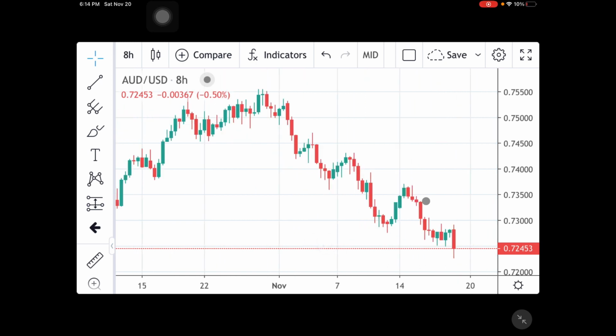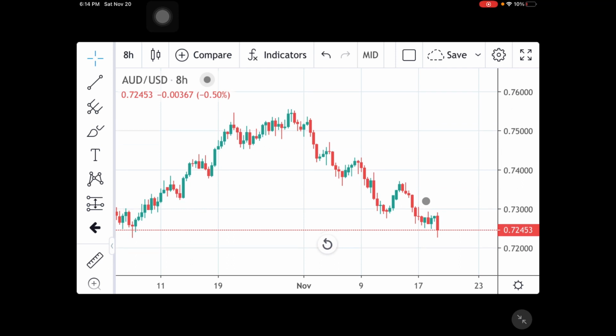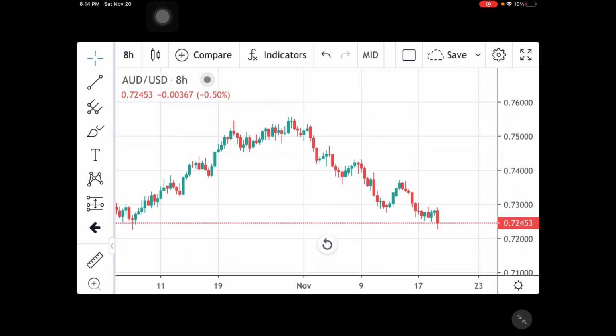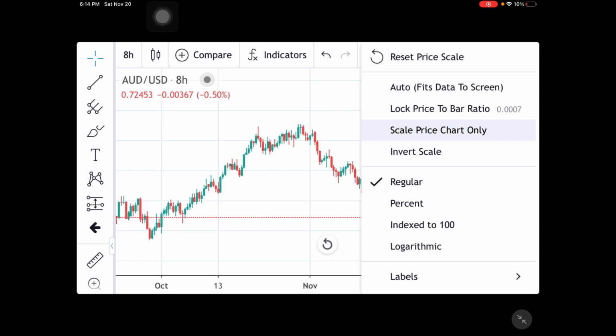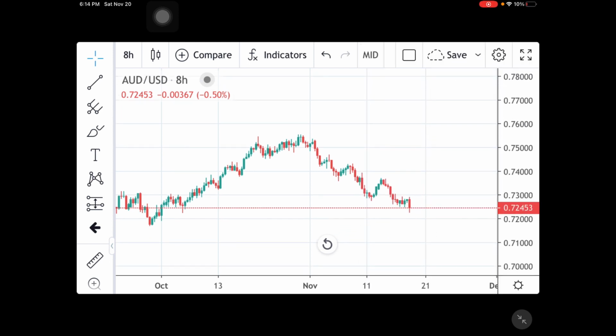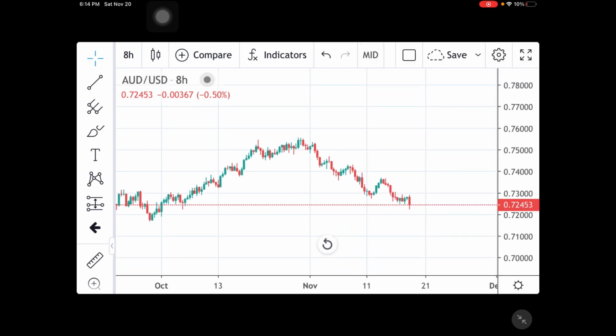Alright, so this is on the 8 hour. So let's use the 8 hour, right? On the 8 hour, guys, we definitely see that there are bearish signals on this chart. That's the AUD USD. That's why I've been taking sell trades. So clearly, guys, we definitely broke below 73 cent, and we're currently trading in the 72 level, in the 72